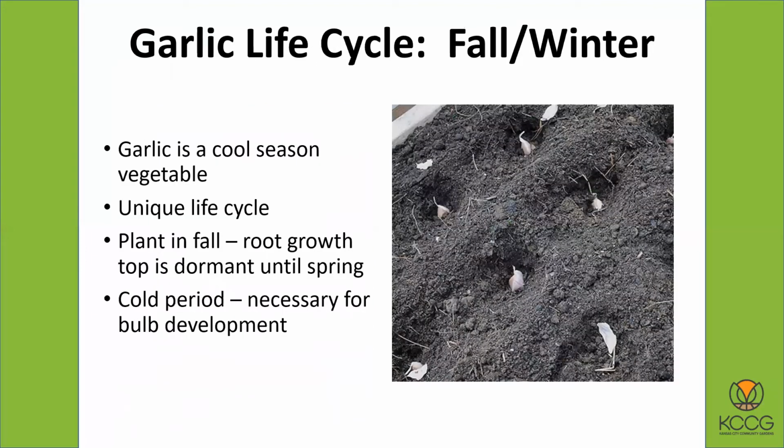It's important, if you're going to grow garlic, to understand the life cycle. It is a cool season vegetable. It does not like warm weather. It's got kind of a unique life cycle, at least for us in this part of the country, because you're going to plant it in the fall. And then you want it to stay dormant. It'll do some root growth in the fall, but the top will be dormant until spring if you don't plant it too soon. And it does need a cold period